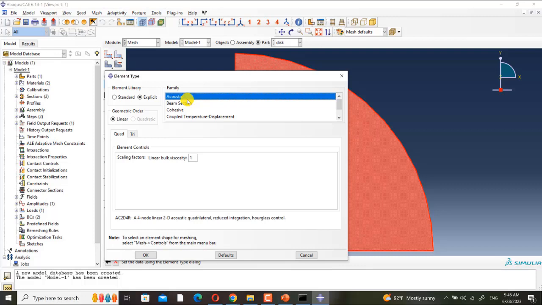But I define acoustic elements here because in the INP file, I search for this element and find the region which has acoustic elements, and then I change its element type to infinite element.